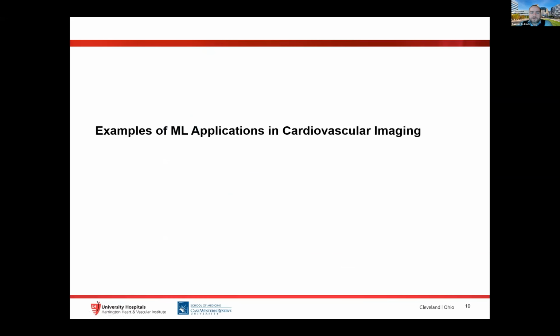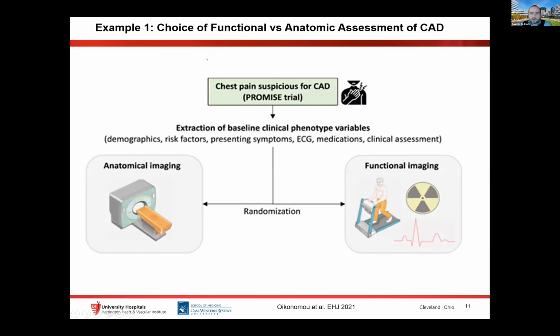So I'm going to talk about the 4 examples of machine learning applications to fit in the model that I talked to you about, which is the 4 different applications in cardiovascular imaging. Example 1 is a choice of a functional versus anatomic study for evaluation of coronary disease in patients who have chest pain. This group from Yale took a trial, which is called the